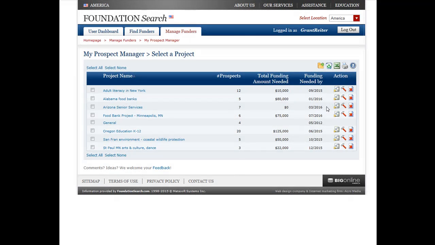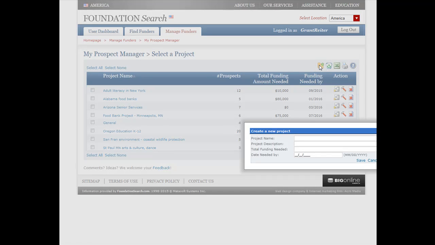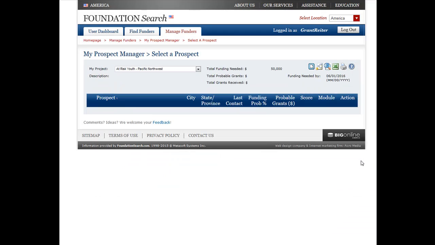To create a new project in My Prospect Manager, simply click this icon. You will be prompted to add a name for your project, a description of the project, and other information. Click Save, and you'll be taken to the new project page. You can see that you don't have a lot of stuff here at the moment, because you haven't yet set up the project definition to find and add new prospects. So let's do that. Clicking this icon